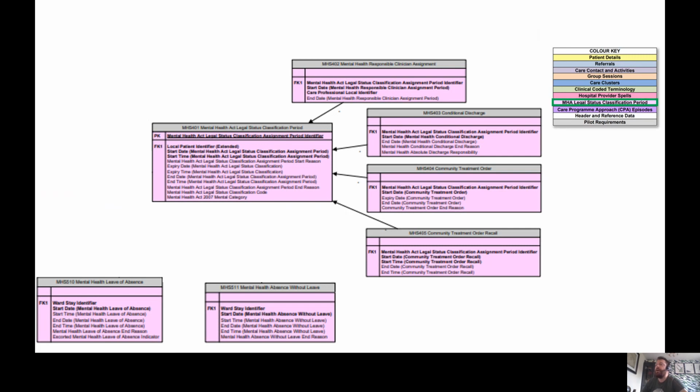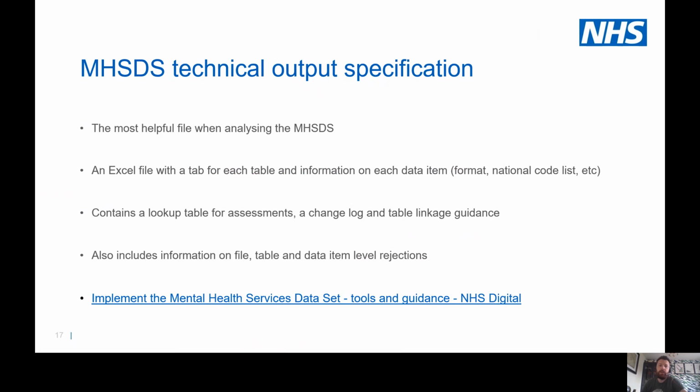And again, we've got the absence without leave and leave of absence tables as well, which link back to the hospital spell table. So there's an awful lot of information there. As I said, the MHSDS is a fairly large and quite complex data set if you're using it for the first time. The most helpful thing you can look at when you are analysing data is the